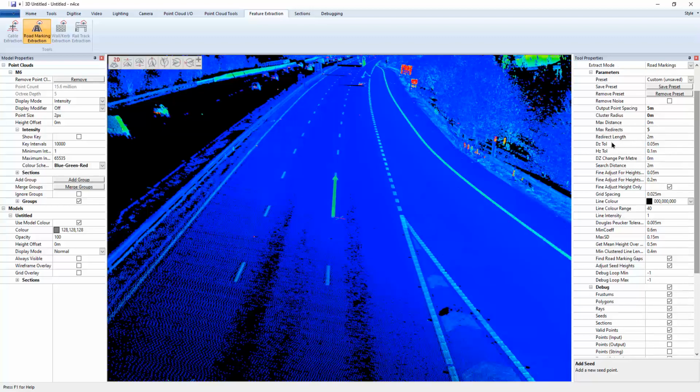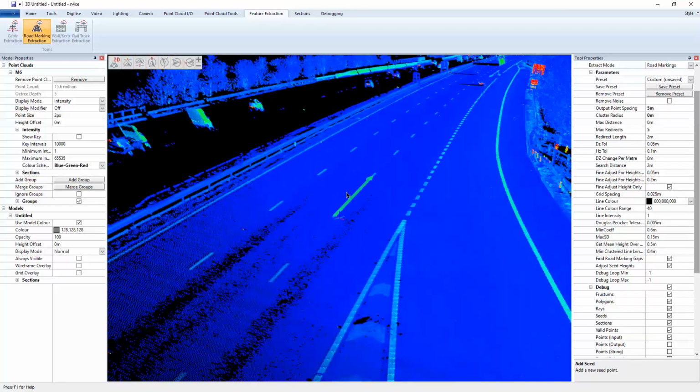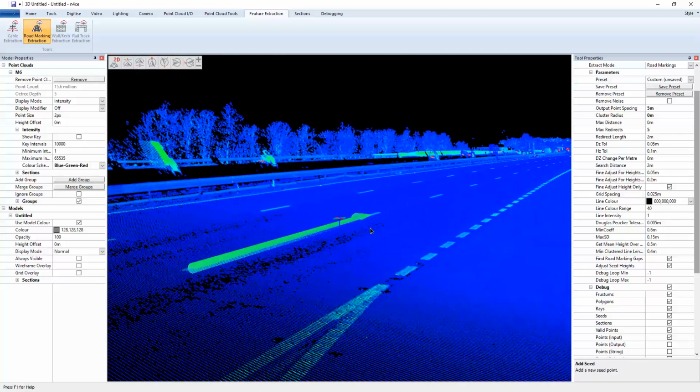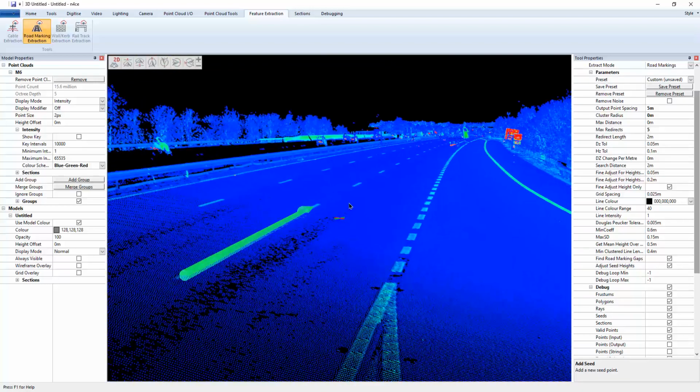This DZ tol, so that's the delta Z height change essentially. So this arrow that's now locked to the scan, basically what we're saying is how far above and below that arrow we should be looking for data every time we make an attempt to find out where to go next. So each time this caterpillar takes a bite, it's taking a 2 meter bite, and it's also going to go left and right 0.1 of a meter and up and down 50 mil basically. So depending on how noisy the data or how wide the data is, you can increase and decrease these values accordingly. I'm going to increase that a little bit to say 0.15,